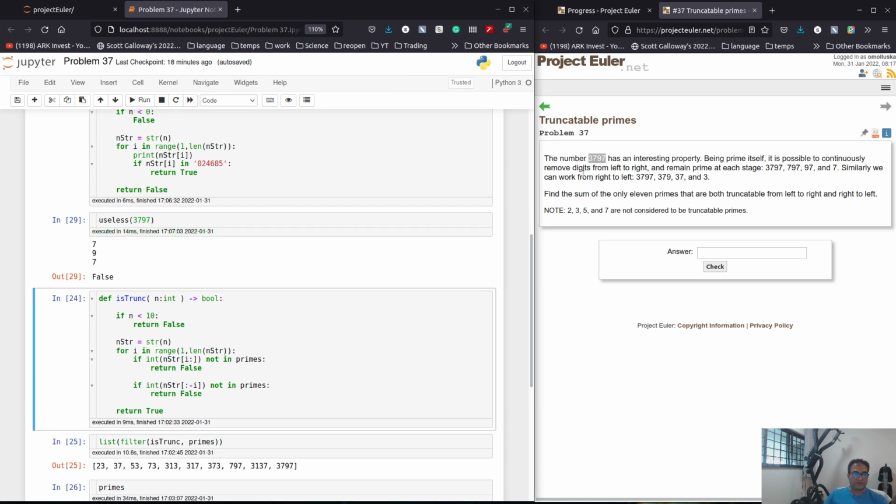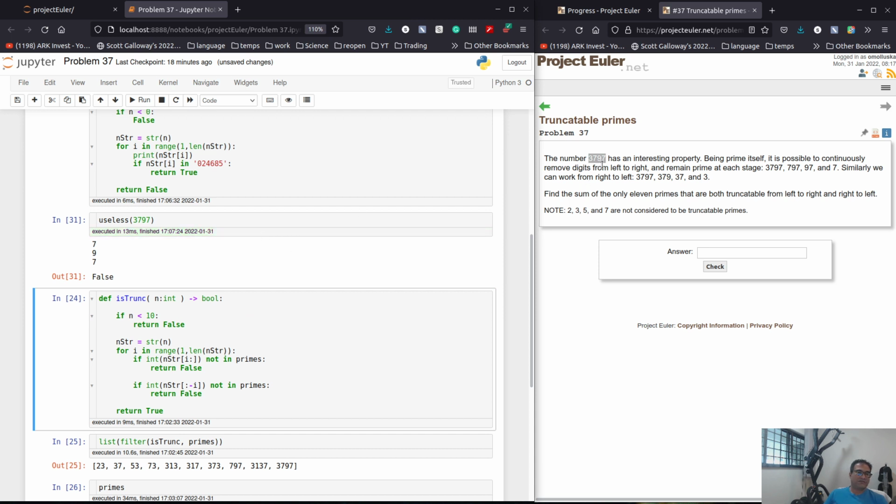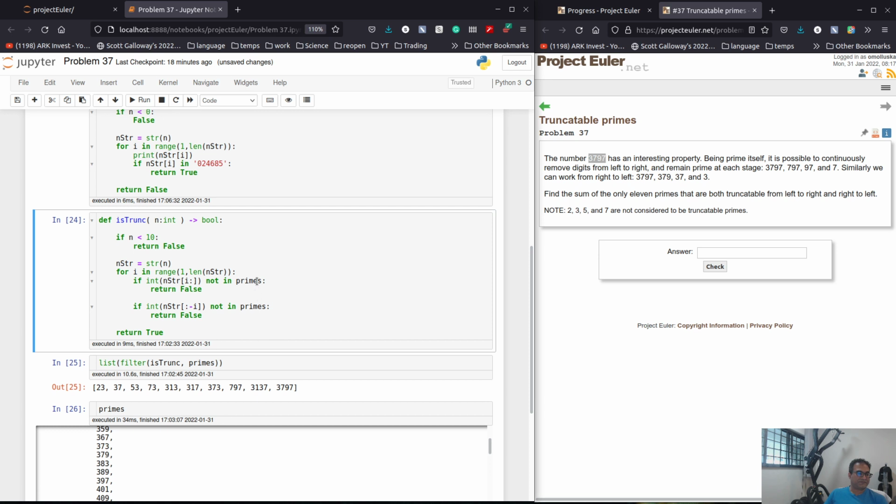Very good. It looks at 797 and 401. It looks at 3797, 797. It looks at 797, and 401, it's cut short because it already fails. Okay, so it's doing the right thing. Okay, so then we don't need to print this anymore. All right, and then